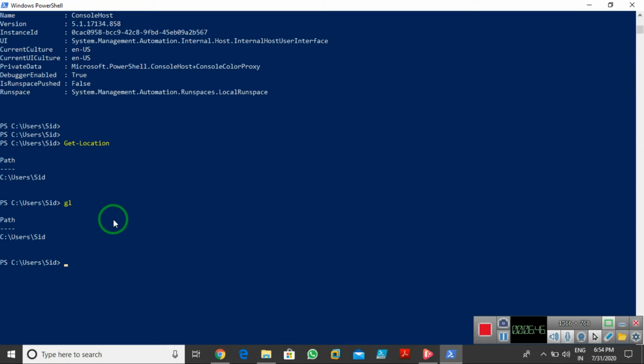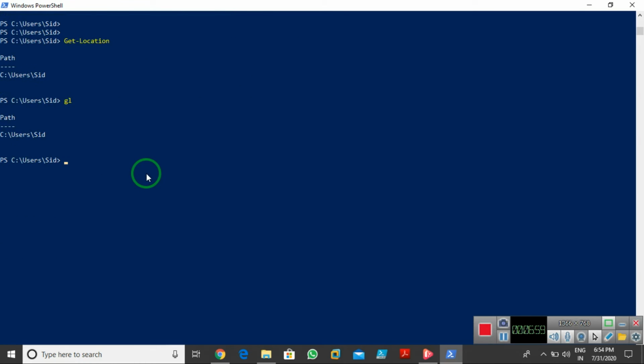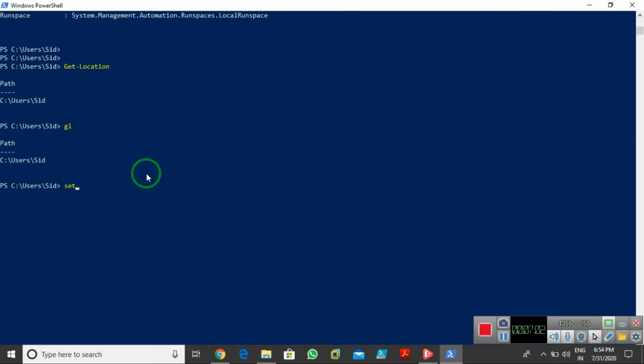Understood? Fine. Now you already know that in the E drive I already made one test folder. So now I enter that test folder. How can we go for that? We have the command Set-Location. Now I need to give the path where I need to go. I need to go to the E drive and go to the test folder. I hit enter. So as you can see, right now I'm in E drive test. So I'm in the folder right now.